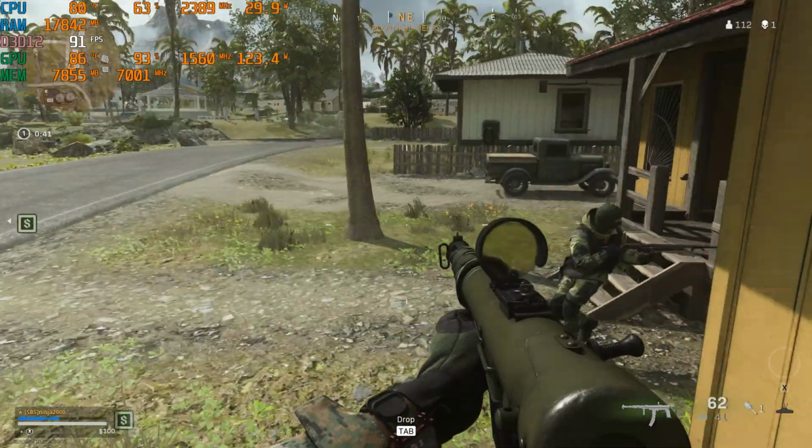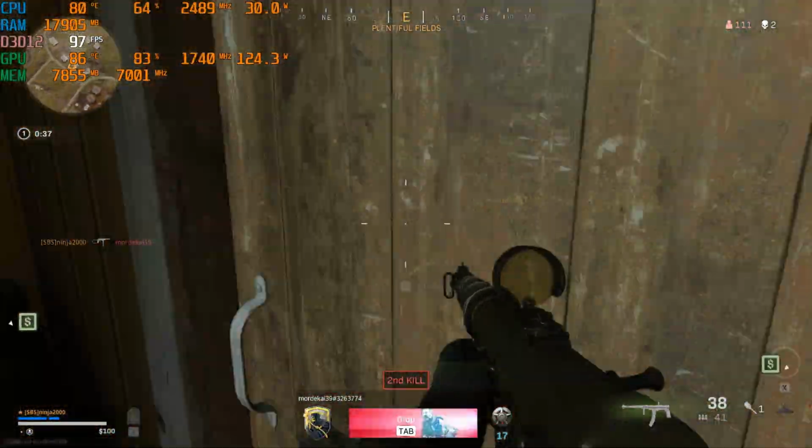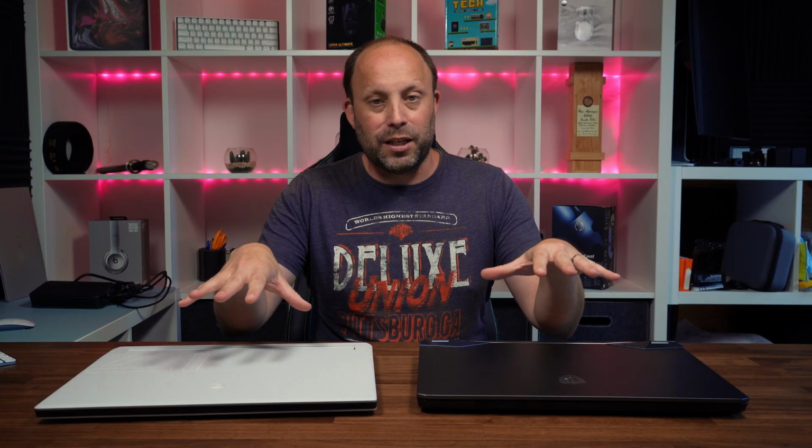It's always been great. So on to the conclusion, and what can I say about these are two very solid, great gaming laptops for 2022. I'd be hard-pressed to choose one over the other. And one of the biggest factors I would say is going to be the price, as that does vary from region to region. But in my case, in the UK, having bought these for both the same price at £2,300,